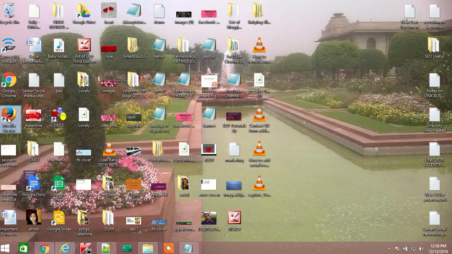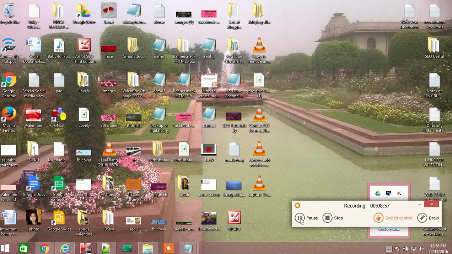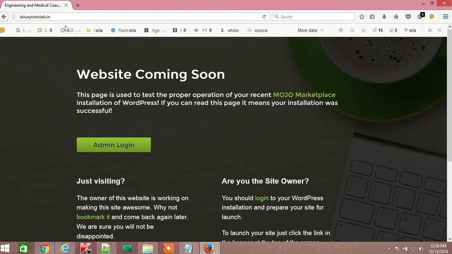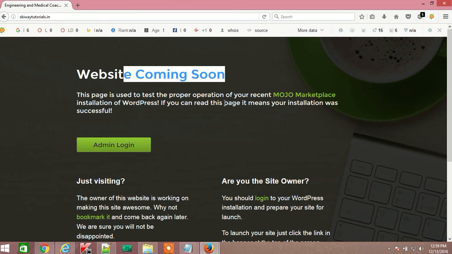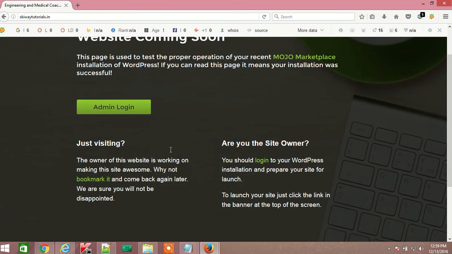These browsers are totally outdated, and I really don't like them. Yeah, when I tried to open the same site on Mozilla Firefox, the same option is again available: website coming soon, the page is under construction.